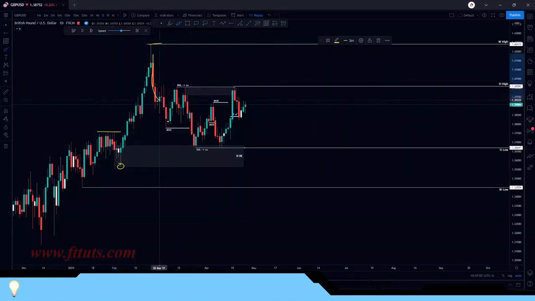So price came back, gravitated all the way back to this order block, filling all price inefficiency within this price area, and then created a reaction. Okay, so this was the idea behind my analysis when we took the trade on the 28th of April, that we want to favor the upside,